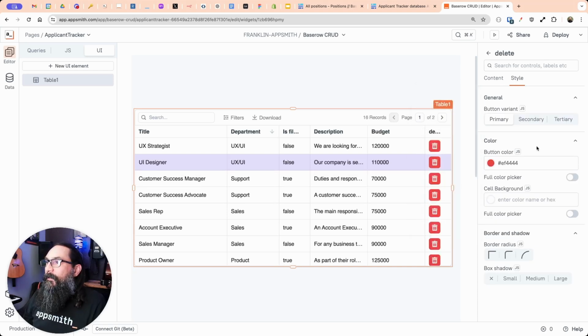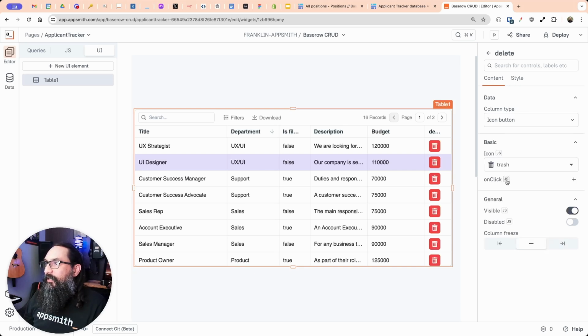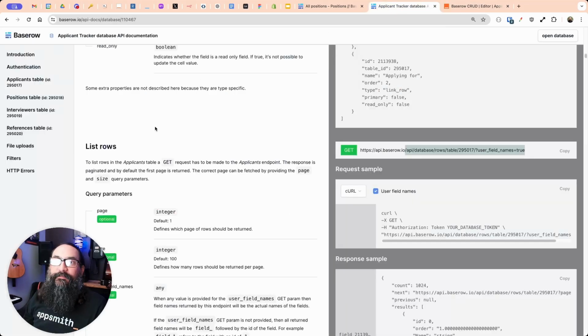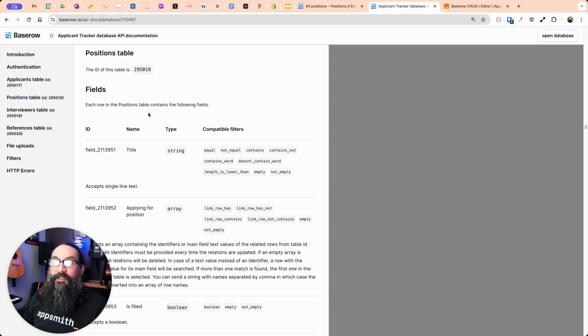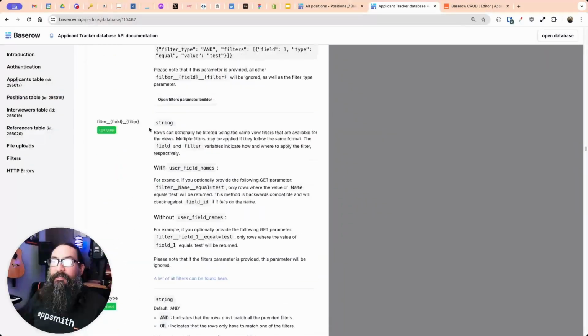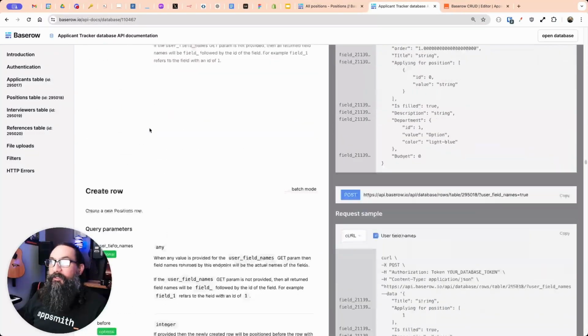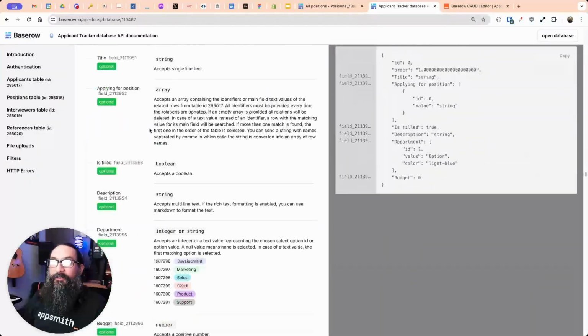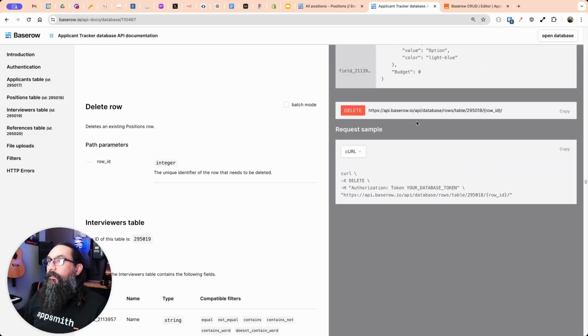All right. So when you click this button, that's back on the content side here for the on click. I want to connect this to a delete query, but we don't have one yet. So we'll go back to the API docs, and we're going to the position table. There's the fields first, and then the rows. There's create row, and we're looking for delete. Okay, so we need everything after the domain here. I'm going to copy all of this,